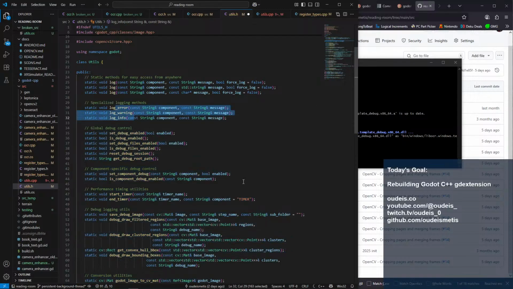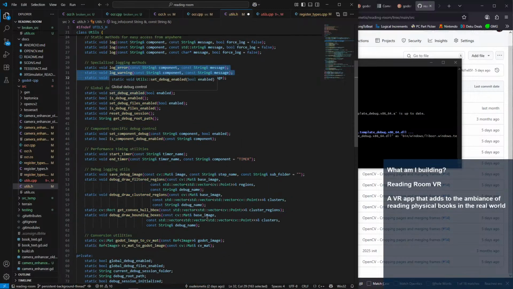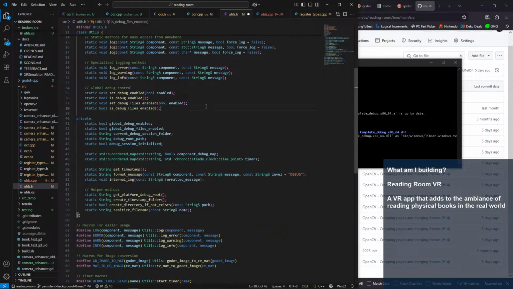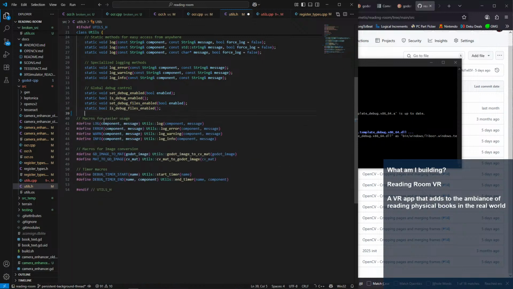Well, I shouldn't have gotten rid of those. Here, fine. So we've got our debug enabled stuff. The private stuff can still all go, right? And then these things can go.